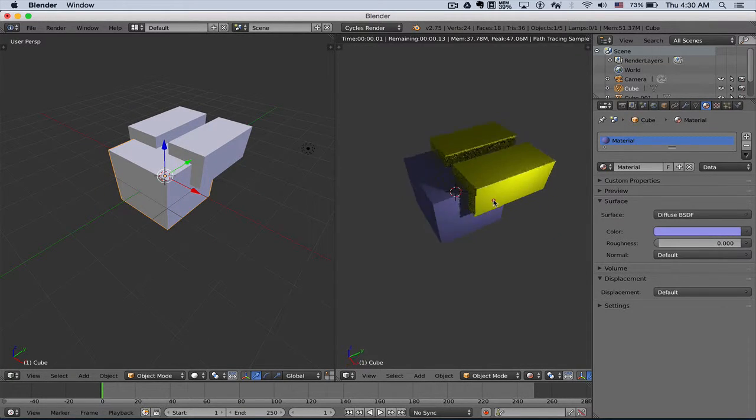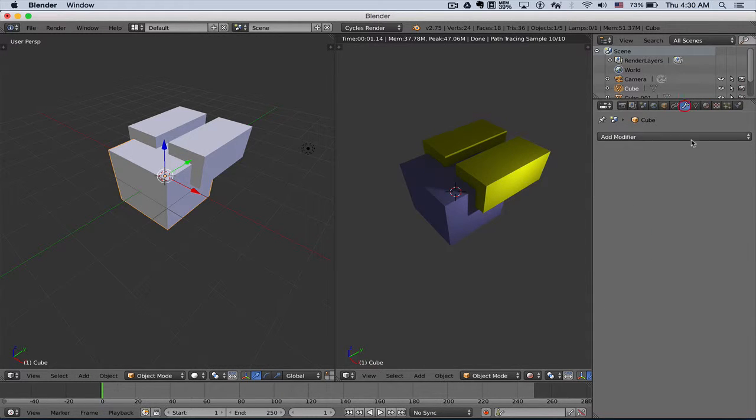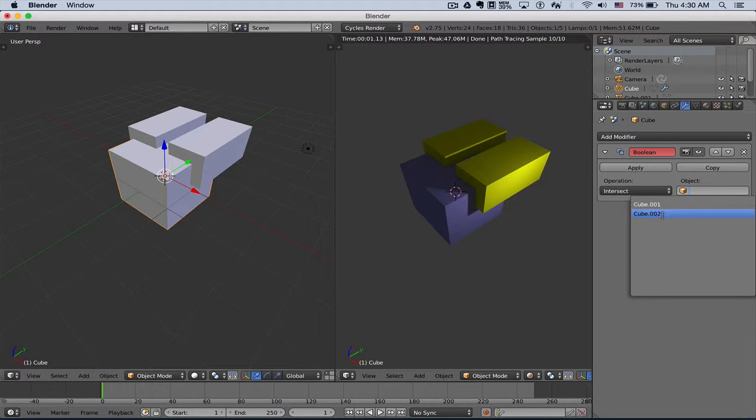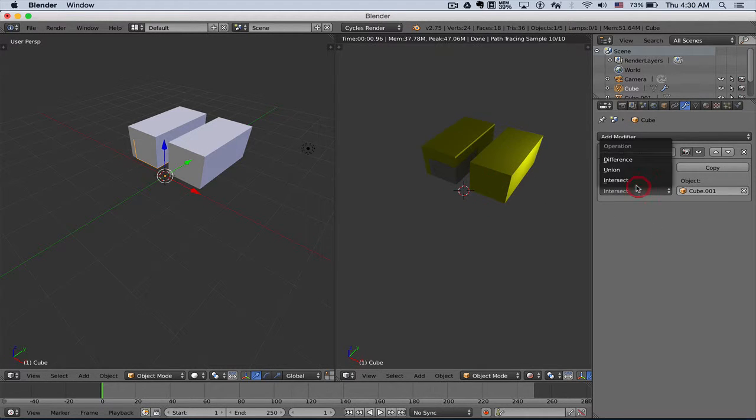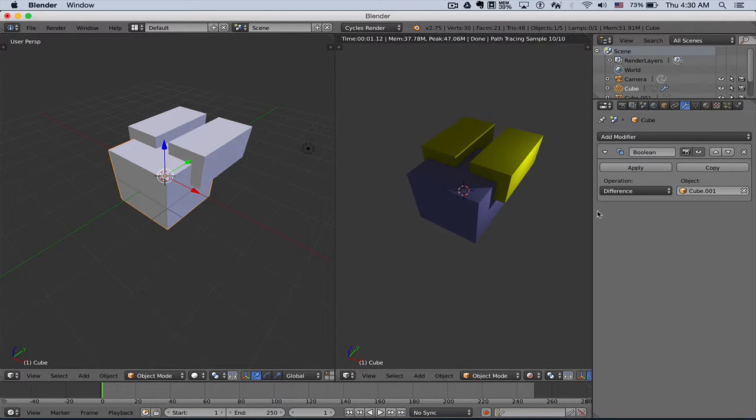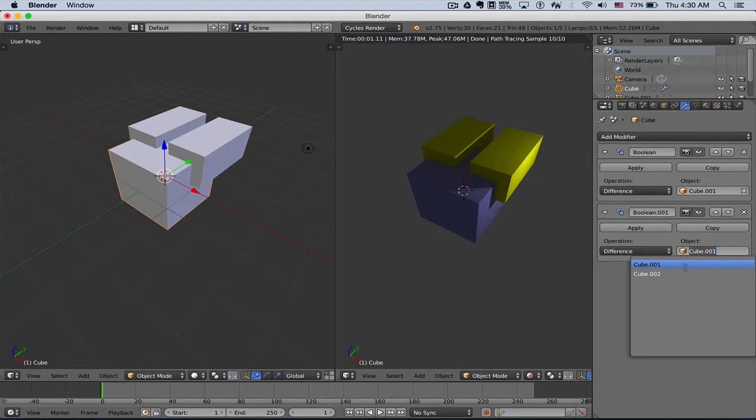Alright, so again, you have to put the Boolean on the object that's going to be cut. So I'm going to take the bigger cube, modifier panel, Boolean, and I know I want to use both of these, so it doesn't really matter which order I do this in, but I like to do it in numerical order. So I'm going to choose cube 1, and it's going to be a difference. And I know already that it's going to work just because of the way it's starting right now. And now I'm going to click on this button that says copy. It gives me a copy of the Boolean modifier, and all I need to do now is change the object that's cutting it,